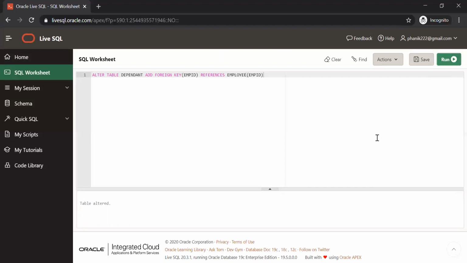Table altered, which means you are creating a foreign key constraint from dependent table to employee table. So now, what values can dependent table employee ID hold? I will open the data from employee.